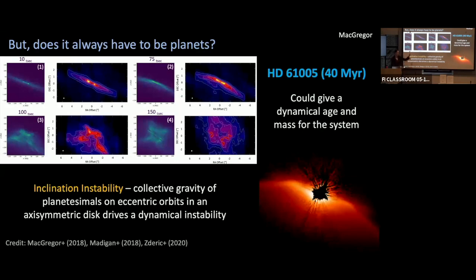Here's just one example. This is another disk called HG61005. It's nicknamed the moth because it actually has these wings. This is an edge-on disk where out of the midplane of the disk is this swooping wing structure. We can explain that by plopping a planet in the system, or this was work I was doing with Anne-Marie Madigan and her postdoc, where Anne-Marie developed this model of an inclination instability for the outer solar system to try and say that maybe we don't need planet 9